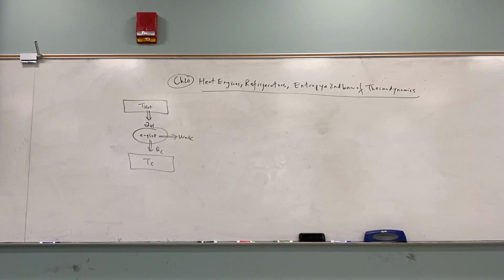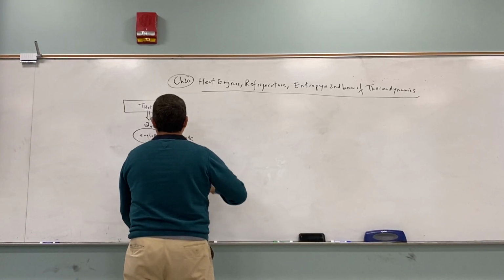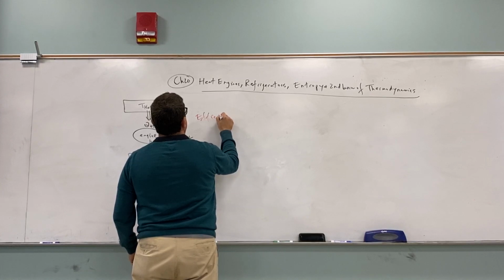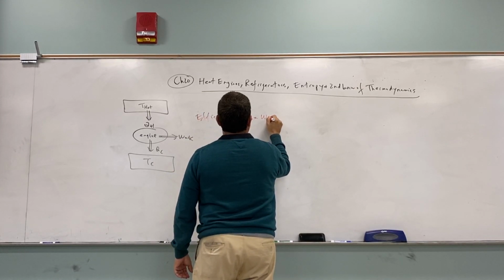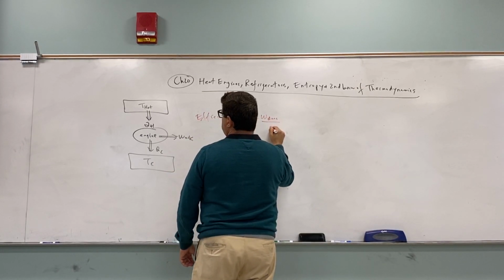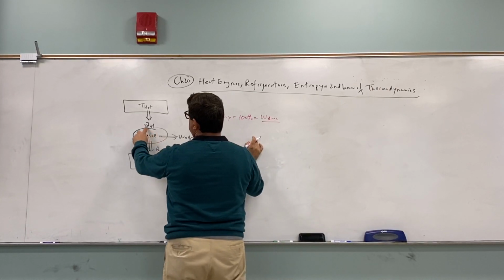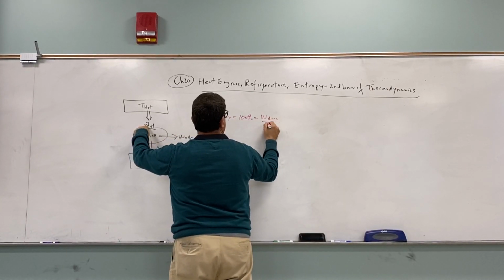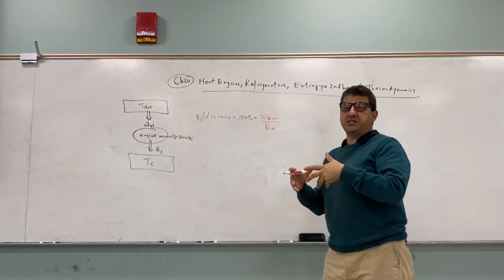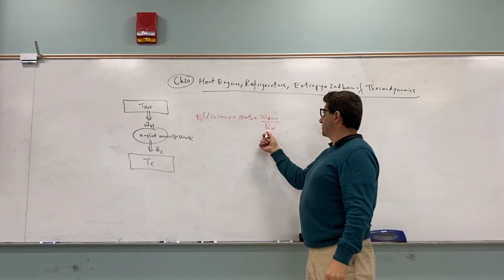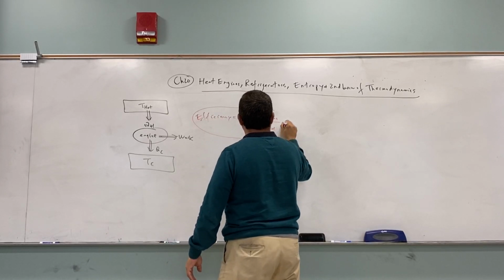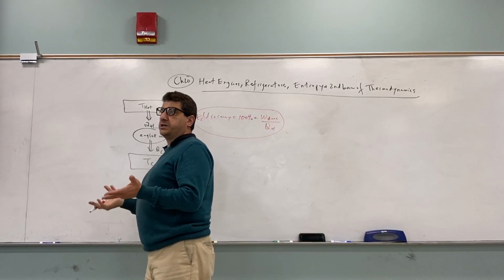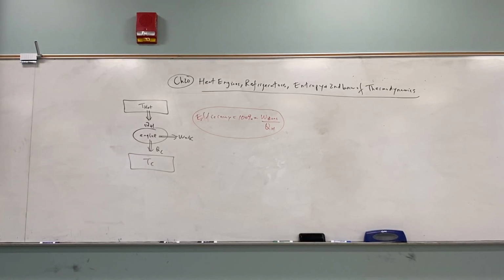So the efficiency of the heat engine is defined as 100% times the work done, divided by the input heat, Q hot. In other words, how much heat did it take to get the process going? That's the Q hot, and this is the work done by the engine. So that's the efficiency. And also due to energy conservation, we can say that